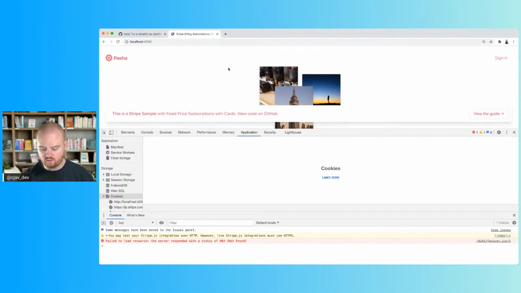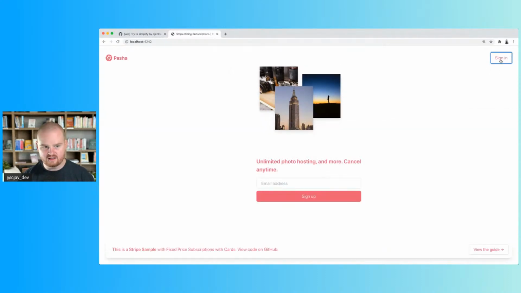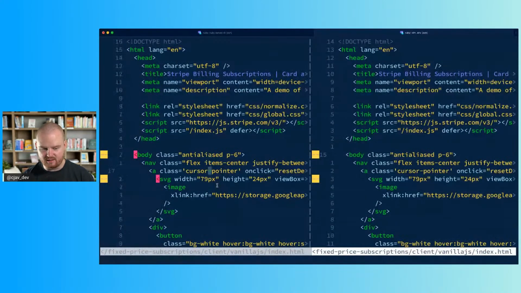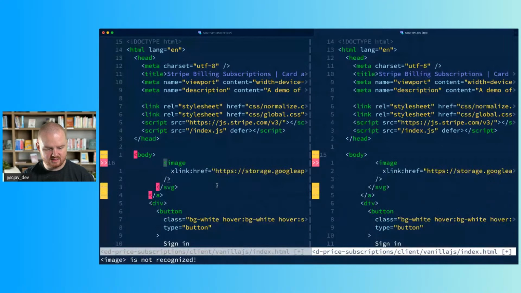Really all we need in this case is this sign in button. I don't think it actually does anything. We need the email address and we need to be able to sign up. I don't think we need this footer. I think we just need the input and a sign up button, and that's it. So I'm going to start by stripping down all of these classes and